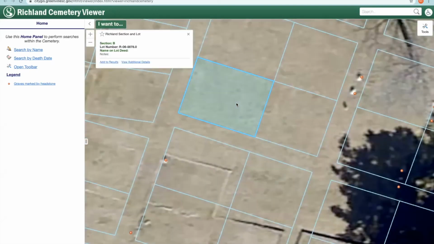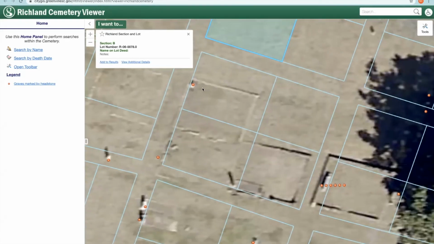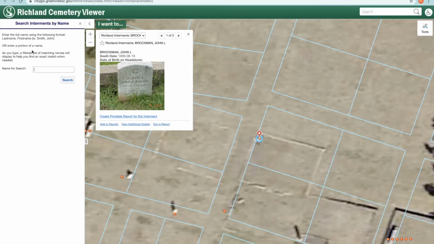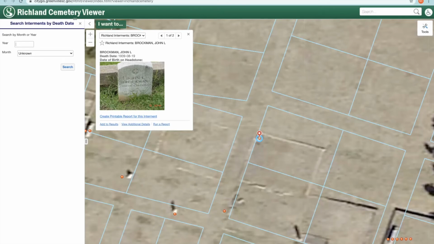If I click on a section, you'll see that it gives me more of an aerial view. And these red dots indicate a tombstone. So I can click on the tombstone and actually see who's buried there. And you can search by name. So if you wanted to check and see if someone was buried in a cemetery, you could search by name and try that. You could also search by date of death,